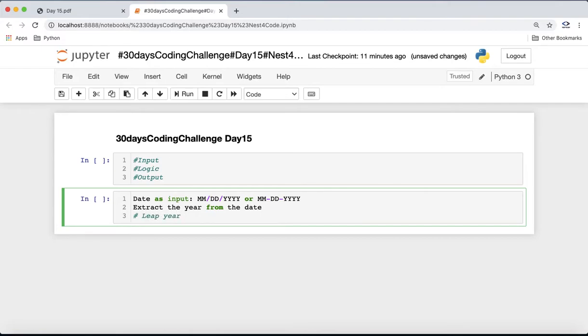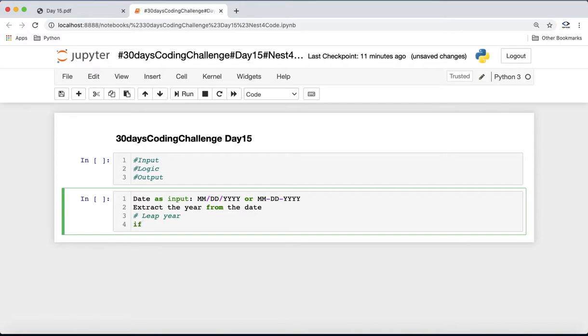Normally we think that if it's divisible by 4 it will be a leap year, but there are other conditions also. If it's divisible by 4 and also divisible by 100, then we should also check if it's divisible by 400.